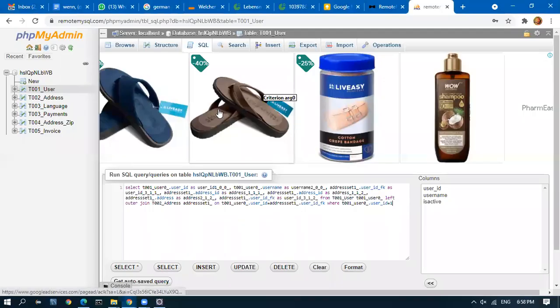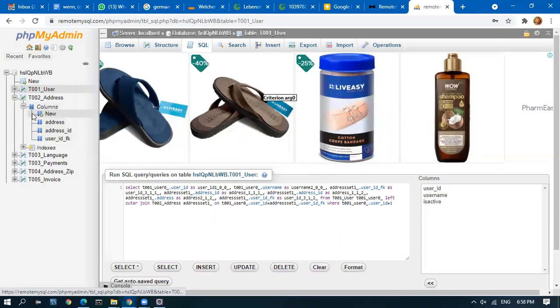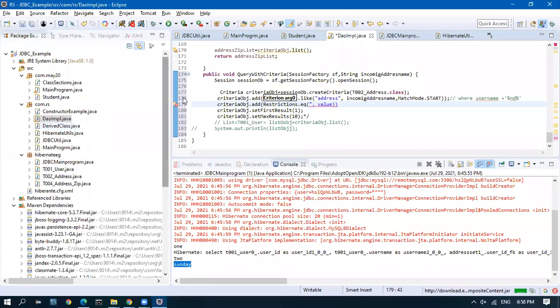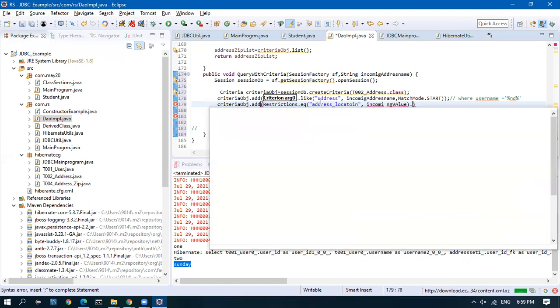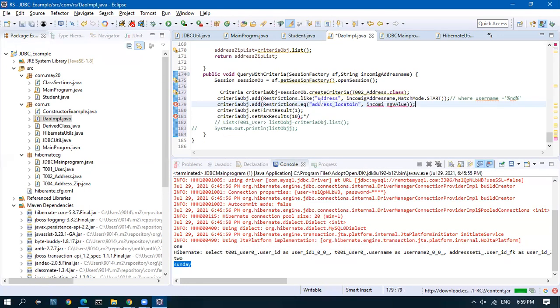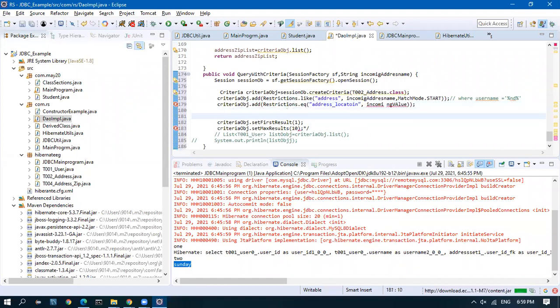The address table has the address and the address ID. For IDs we will not give, for strings we will give like or equal. So for any attribute like address or location, we will give the incoming value. Match mode can be ignored also, because for equal it will automatically take equal. In this case, the query will become where username equals something and address location equals something.